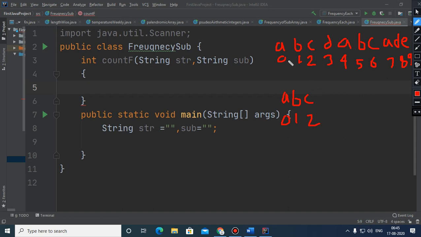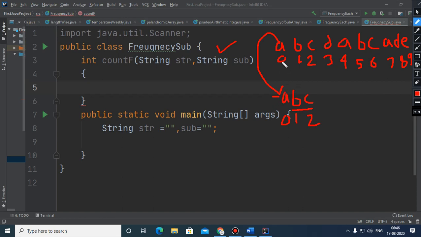In this algorithm, each and every alphabet of the main string will get compared with the very first alphabet of the substring. And if there is a match, then a loop will be started for the remaining part of the substring, and then we will match the elements like this.